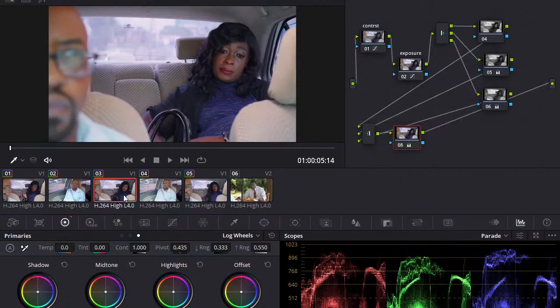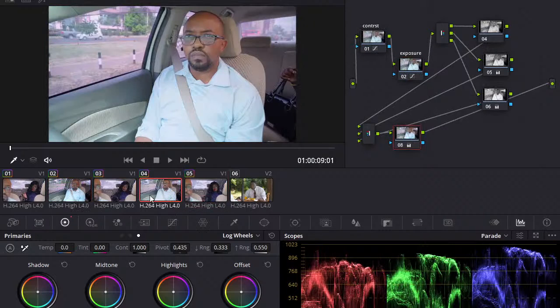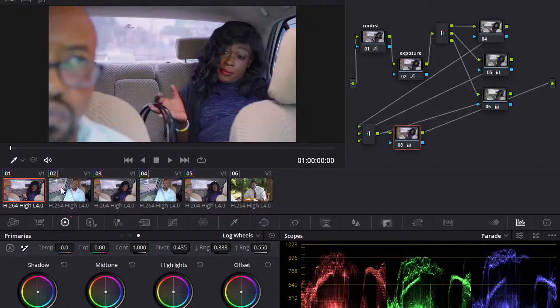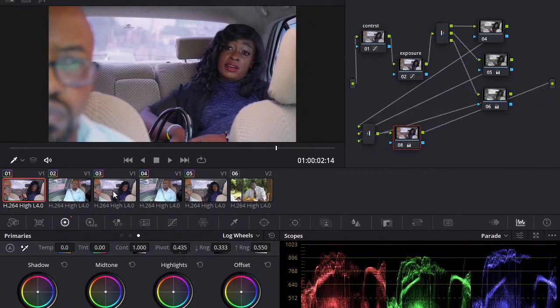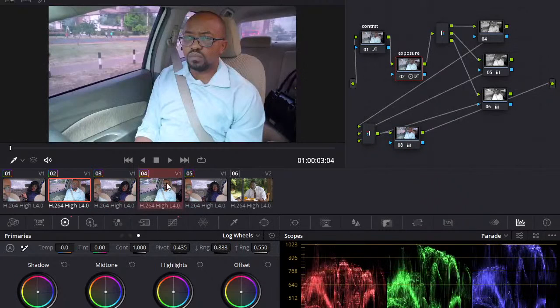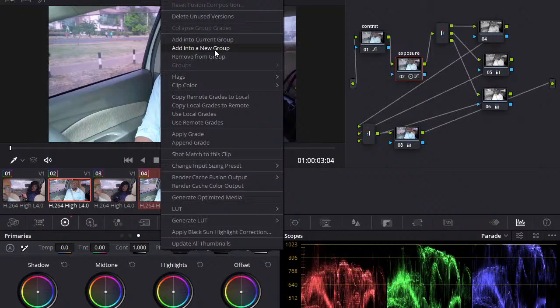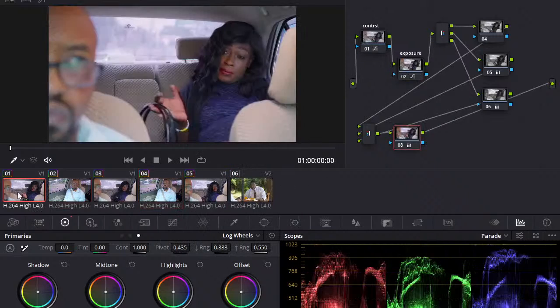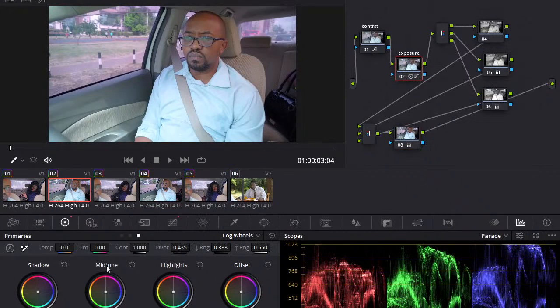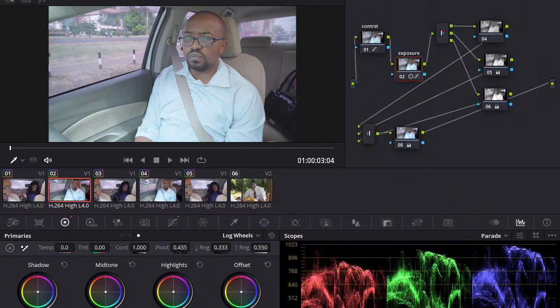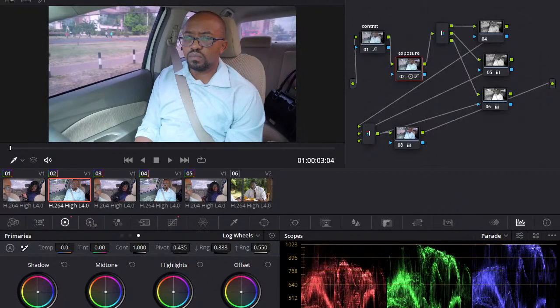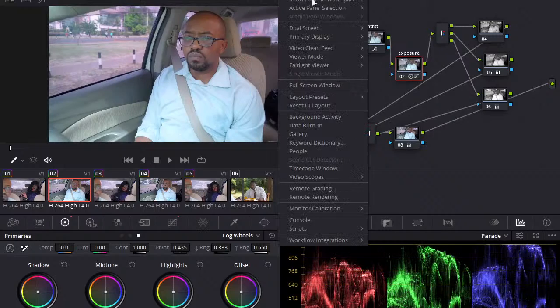And the good thing is that you can copy color grade, so you can just control select and the middle mouse click and they should copy. So same case for these ones, just like that, right? Or you can group them by selecting this, all of them are like the specific shots, and add into a new group. Depends on your preferable way of working, but as you can see, it's a big difference compared to this and this and this. And this, mind you, is a show that is already presented.